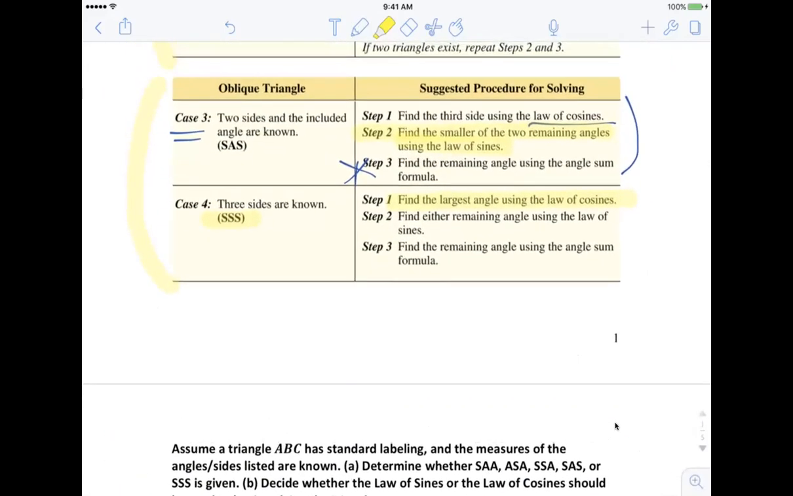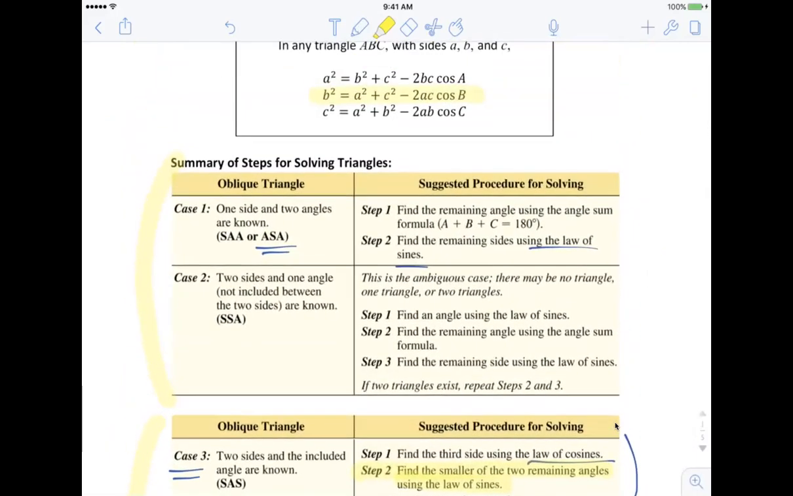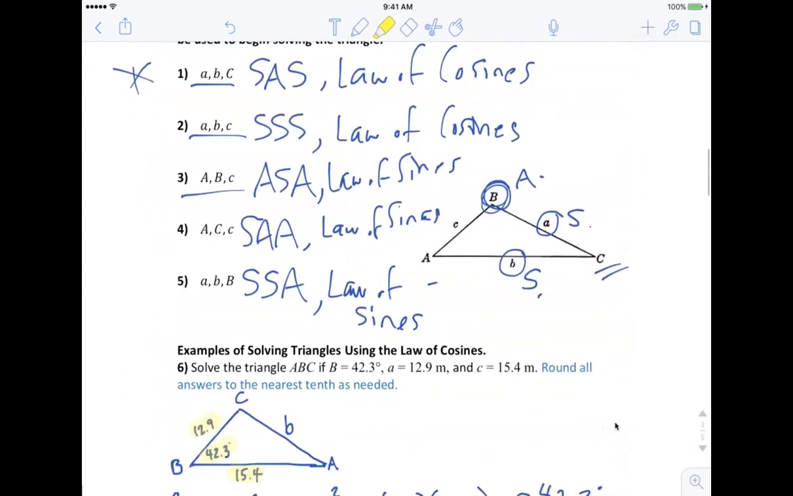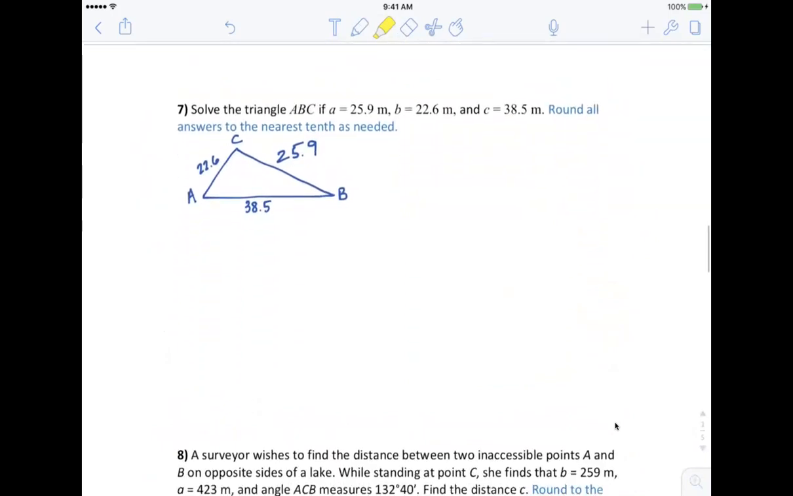We're doing that third formula, right? So I'm plugging into that. Everything except for the angle C will be the variable, okay? So here we go. C squared,